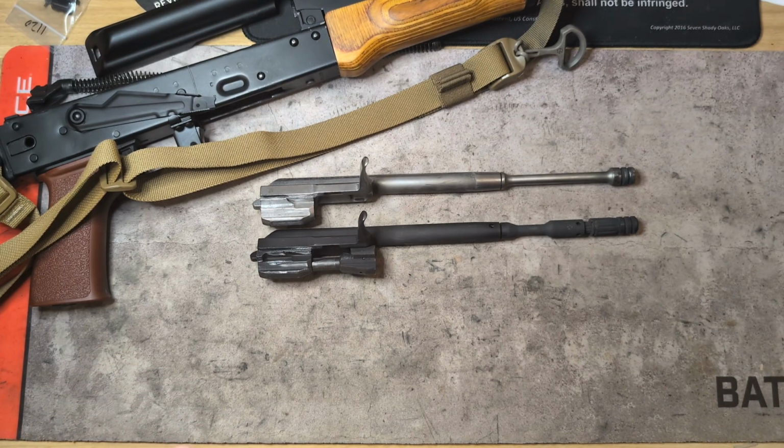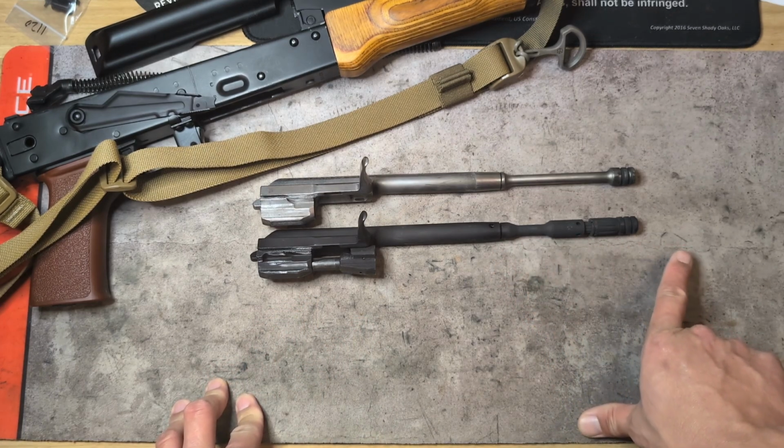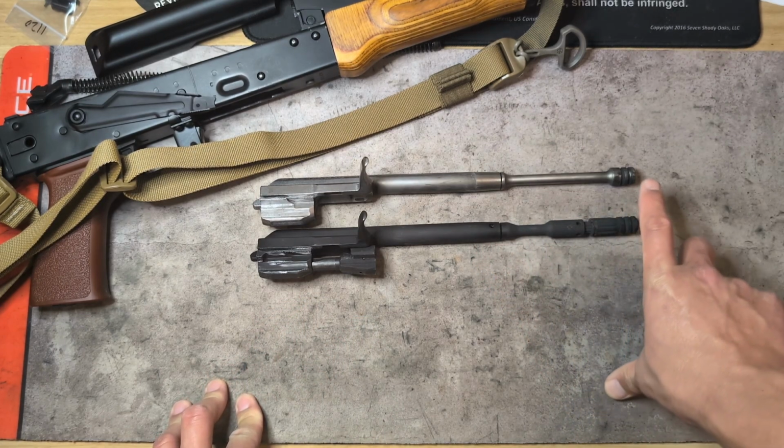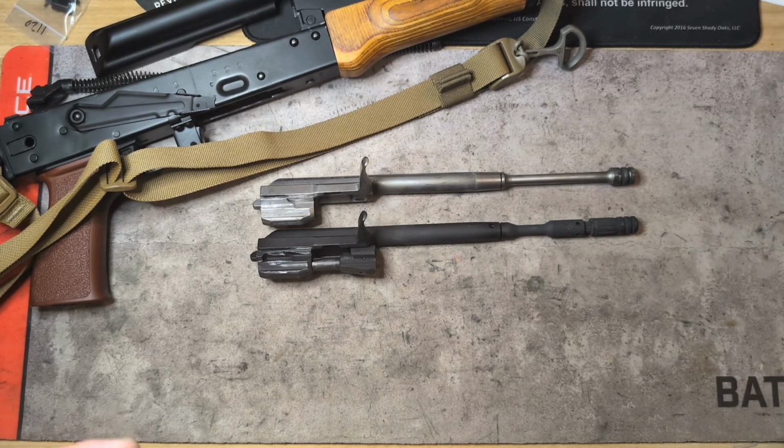I did notice that when I installed the KNS piston onto this carrier that it was shorter than the OEM piston. It was probably about half an inch, if not more, shorter. Kind of out of ignorance, I wanted to say that it wasn't going to be a problem because that was the piston that it needed. Took it to the range for the first time, and it would not fire